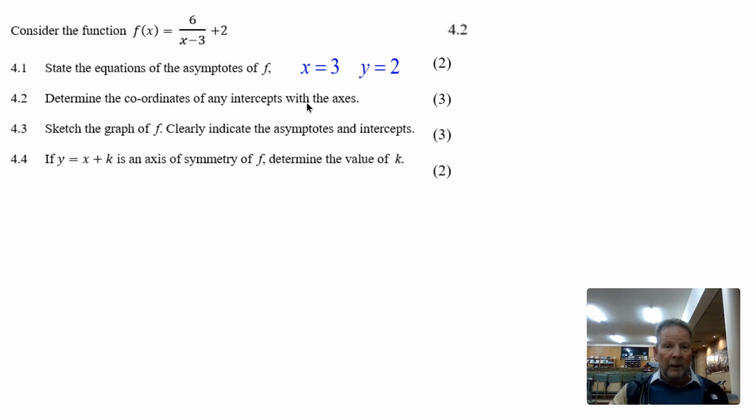Consider the coordinates of any intercepts with the axes. Well, how do you do that? Well, you let x equal 0. You put 0 in there. That would make that minus 2 plus 2. That would make it 0. So that is the x and the y intercepts, 0 and 0. That's that answer. Oh, why is that worth 3 marks? I guess, anyways,